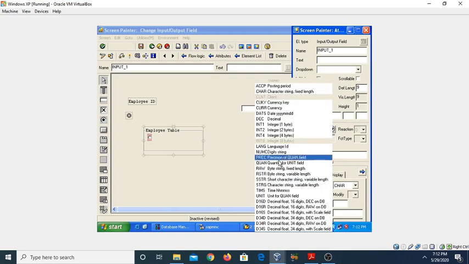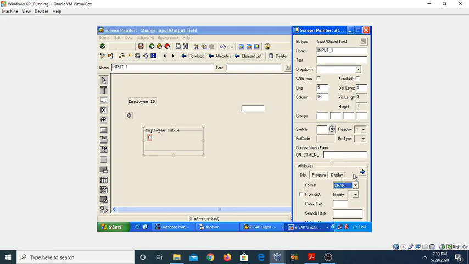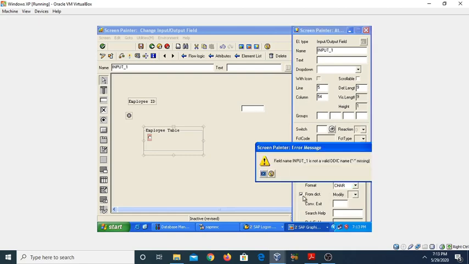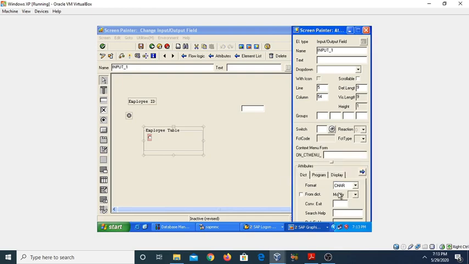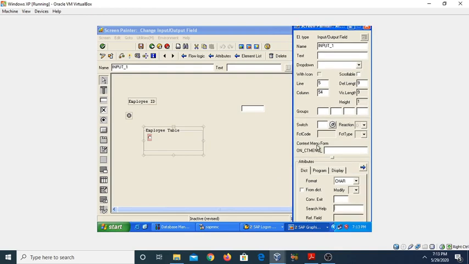If the field you have selected is for a char ID, that means we need to select the character type. If you want to get the employee ID in this field, you can select the numeric value or integer value. If you want to get the currency value, you can select the currency type here. So it is mandatory to define the format here. Or if you want to take it from the dictionary, just select it and then OK. It will take you to the dictionary elements and then you can use it. Or if you want to use it as a search help, just click on it and give the search help option here.